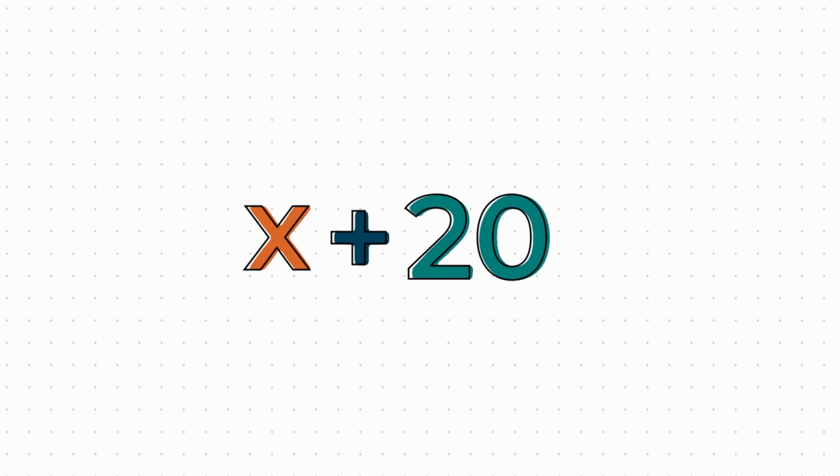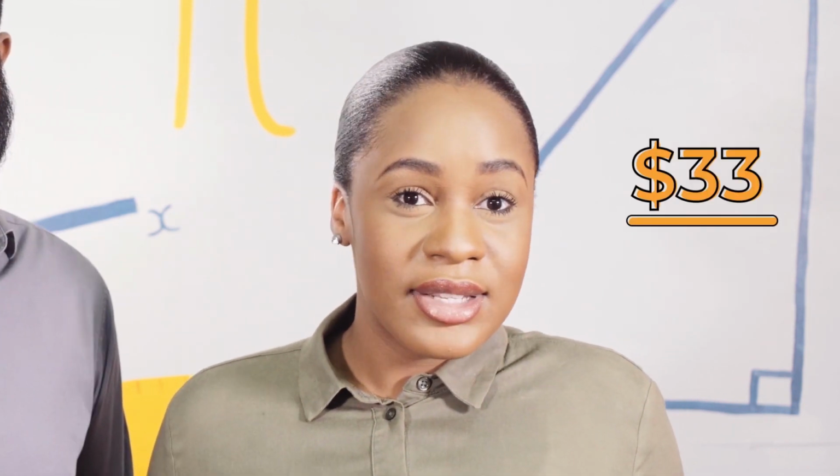This means that you now have the unknown amount of money you had before, x plus 20. Then when you put the money in your wallet, you smile because now your wallet looks a little fat. And your father finds you smiling a little too much. So now he wants to know how much money you had before he gave you the 20. But you don't know how much you had before. What you know is that when you check now, you have $33. That means that x, the unknown amount you had before, plus the 20 your father gave you, is equal to